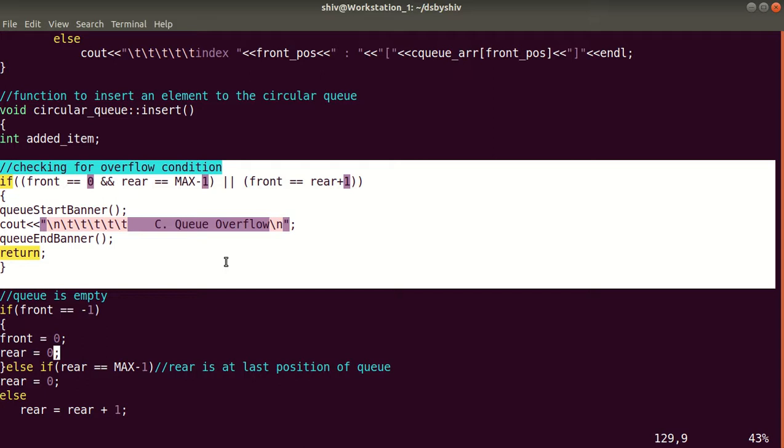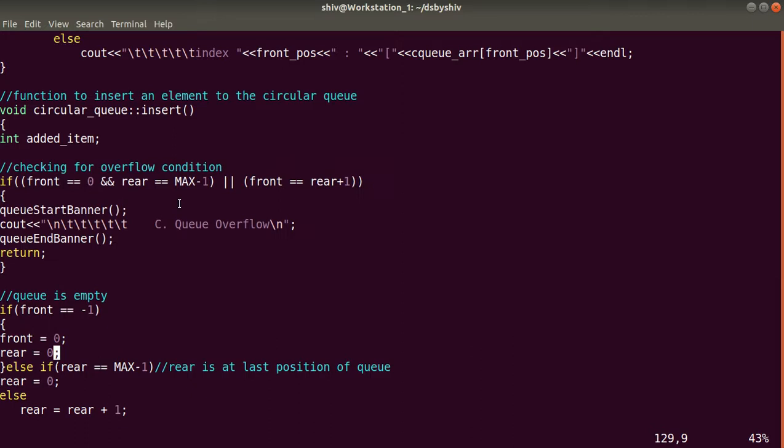So here maximum elements we can insert is 5. So we are checking the condition for that: if front equal to 0 and rear equal to max minus 1, that is 5 minus 1, 4. So 0 to 4 means 5 elements are already there in the index in the circular queue array.